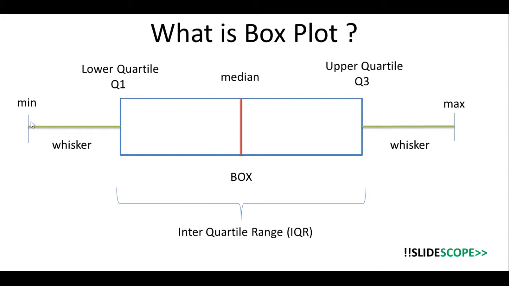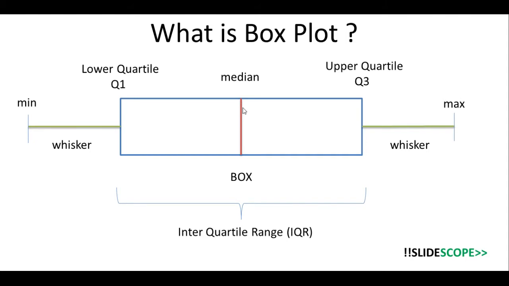The minimum number that some candidate has got will represent this minimum point. The maximum number that someone gets is the max here. Suppose someone got 97 out of 100 and that is the maximum, and someone got 33 out of 100. So 33 will be the minimum and 97 will be the maximum. That is the meaning of minimum and maximum. Then there is this median.